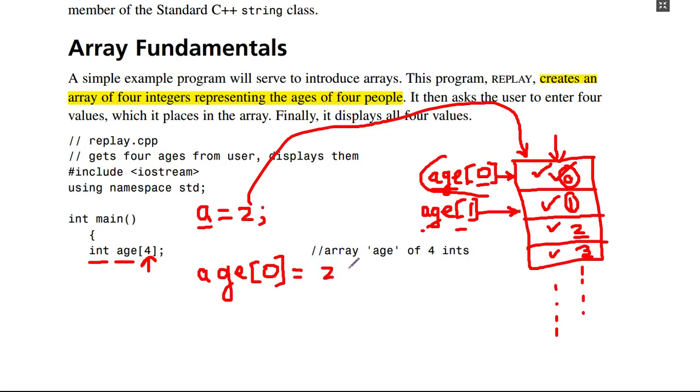So what would this statement perform? The number 2 would be saved in this first location. If you want to save another number in this location, since the name of this one is age 1, age 1 would be assigned, for example, the number 3. So age 1 would be equal to 3. So 3 would be stored in this location. And likewise, you can